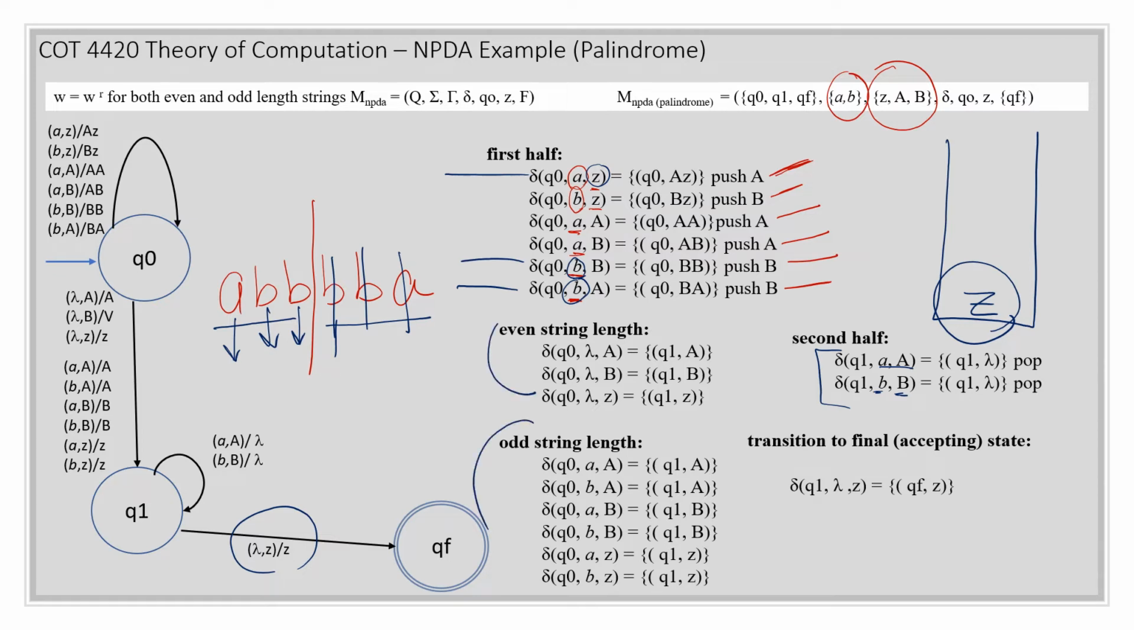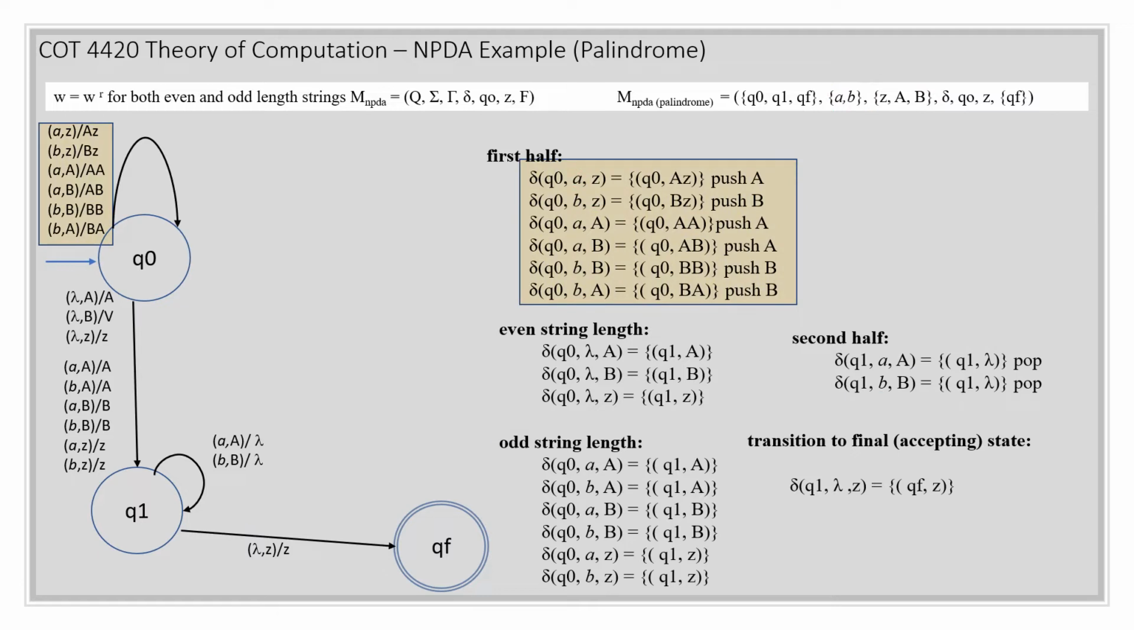So let's clean this up. Again, these are the transitions for the first half. You have each transition for each letter of the alphabet for each stack symbol. Then you have your second half, but we need to get from Q0 to Q1. I'm just going over the first half, second half, and then you go to your final or accepting state if your first half matches your second half. But we also need to take into consideration